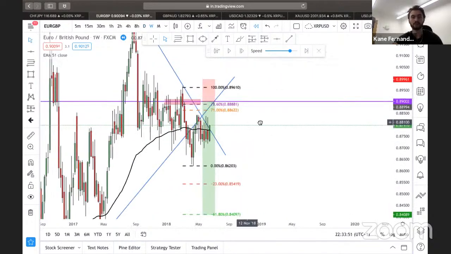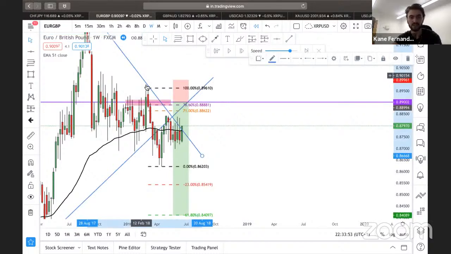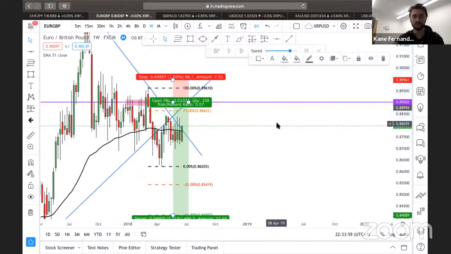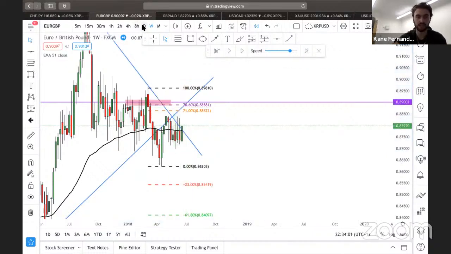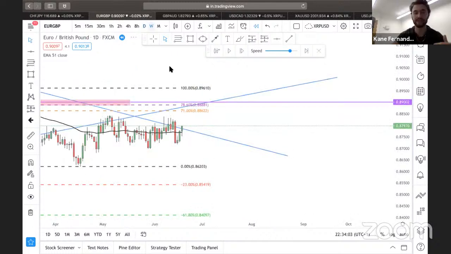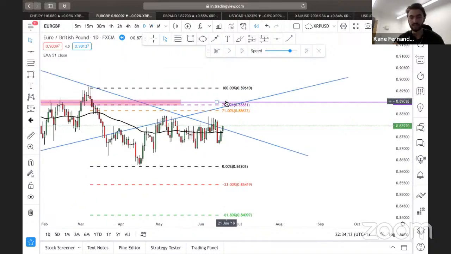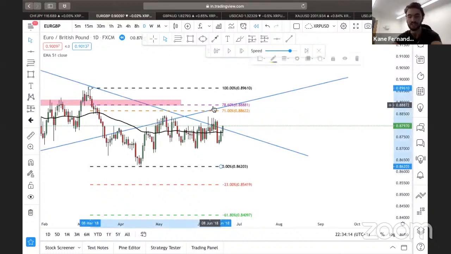Cool. So I'm going to change this up real quick, just because I've seen a second touch here, and I can do a different fib on this. So let me just show you on the daily. So we've got the rejection. Okay, so weekly EMA, weekly time frame. I can see these shooting stars off the EMA, which is indicating downside to me, right? So it's just simple. If you understand candlesticks, then you'll understand that.